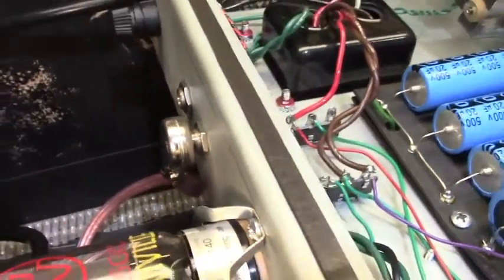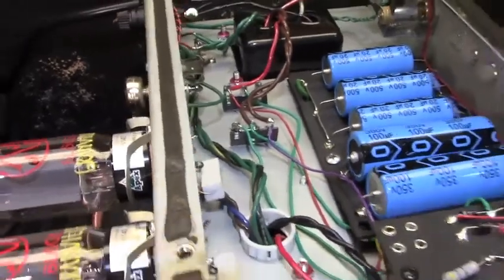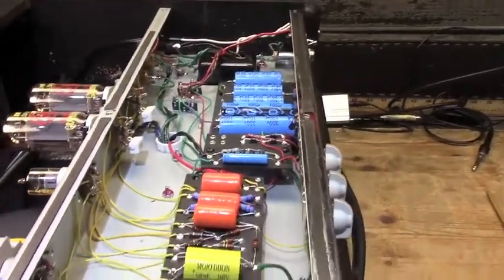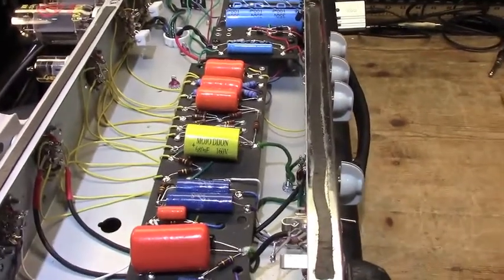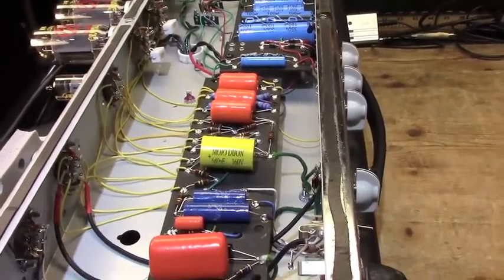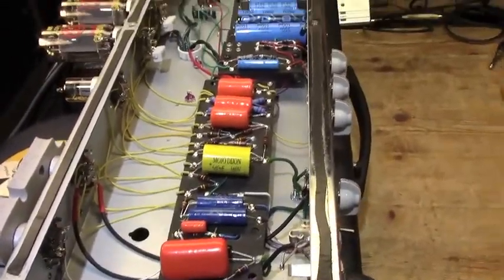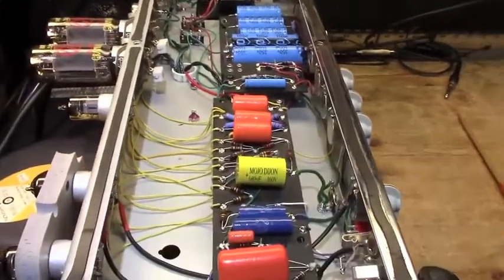Made a nice speaker cable with some good cable and a steel plug rather than the plastic one that it would have come with. So just some updates and changes, and made it into a single channel Blackface Bassman combo, which is something you don't see very much, or at least something I don't see very much. I believe there's a couple of boutique builders that are kind of doing this sort of thing, but